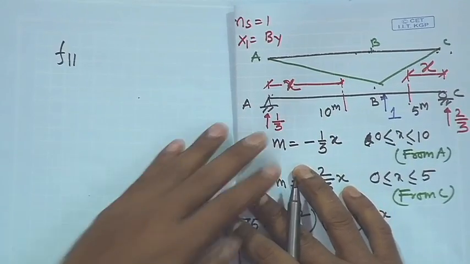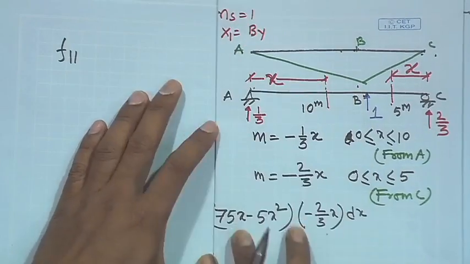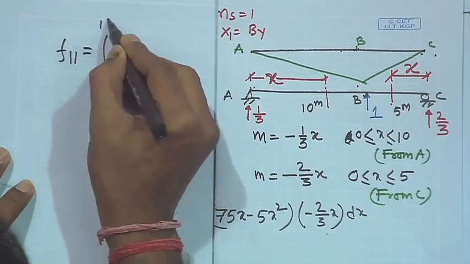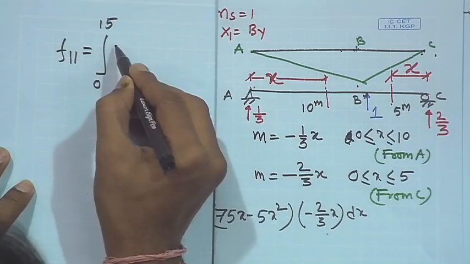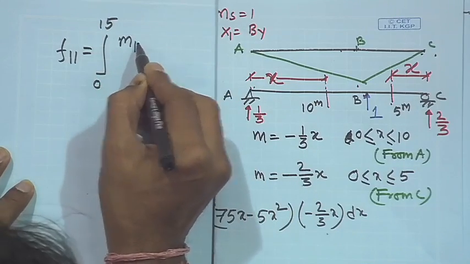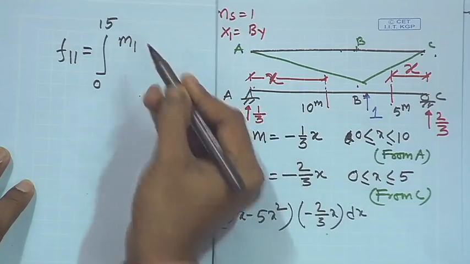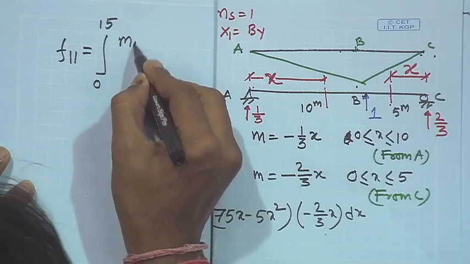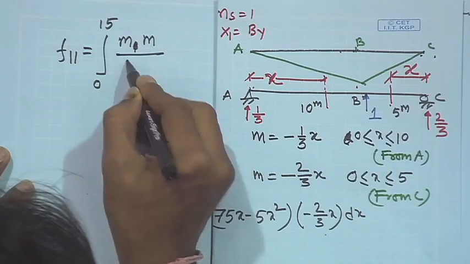Okay. Now, what is the value of F11? F11 will be integral over 0 to 15, because this is the total length. Then M1 into, in this case there is no M1 because there is only one redundant force. So, it is m into m by EI